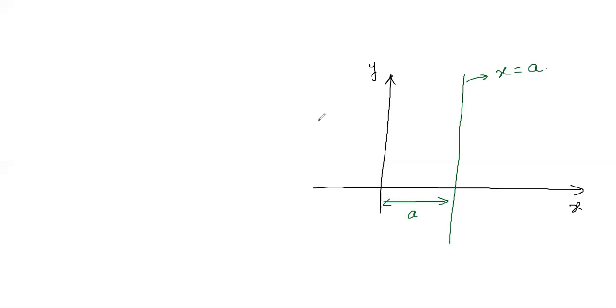What about a horizontal line, a line parallel to the x-axis? Suppose it cuts the y-axis at a point B, what will be the equation of this line? Sir, x equal to 0. Y equal to B. Not x equal to 0, y equal to b. There are many points on this line; only this one point has x coordinate 0, and the others have different x coordinates. But what is the similarity in all the points? The y coordinate of every point is equal to b. So these were two very simple examples.